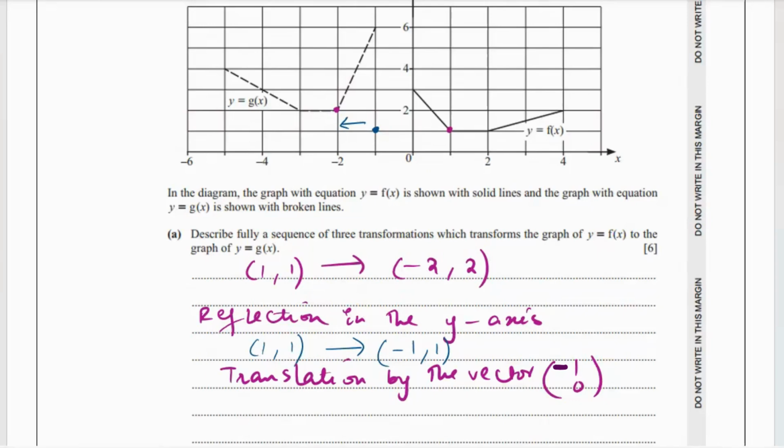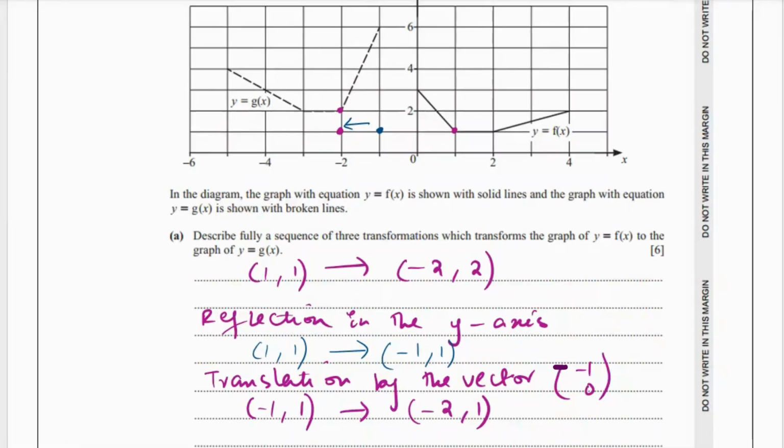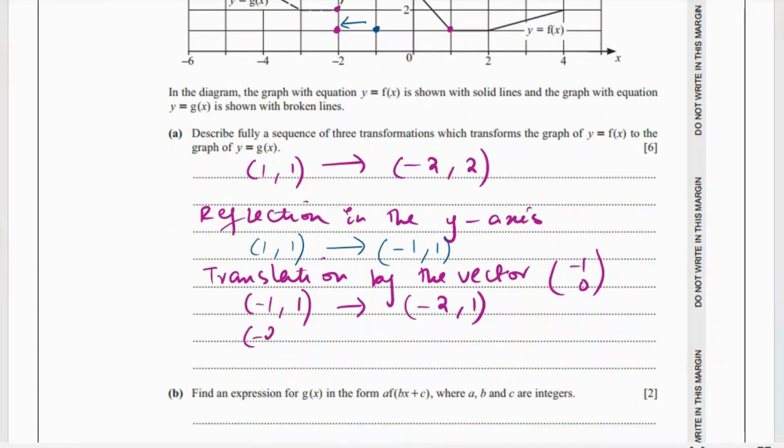So now this is becoming this, so we can see that all of the values are changing. Now if we compare the y values, this value over here, which is at 1, now it's going to 2, okay? And this value which is at 3 is going to go to 6, which means the y values are getting multiplied by 2. So to go from negative 2, 1 to negative 2 and 2, it's a stretch by a scale factor of 2